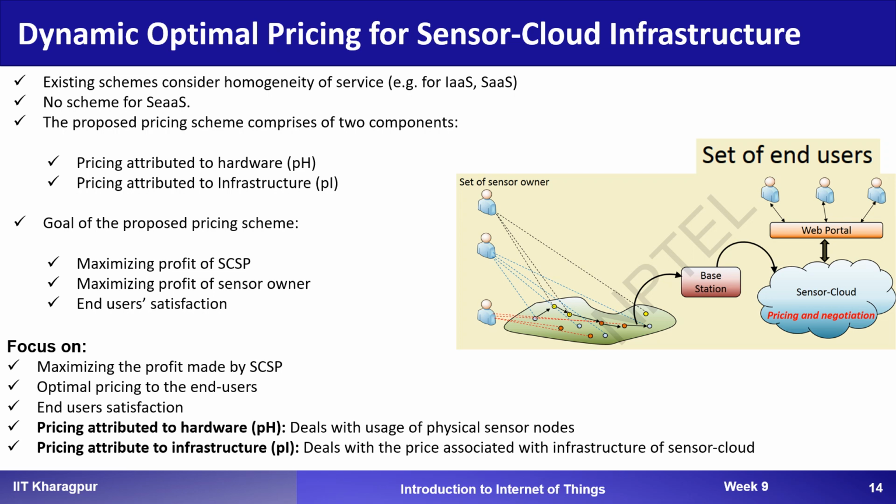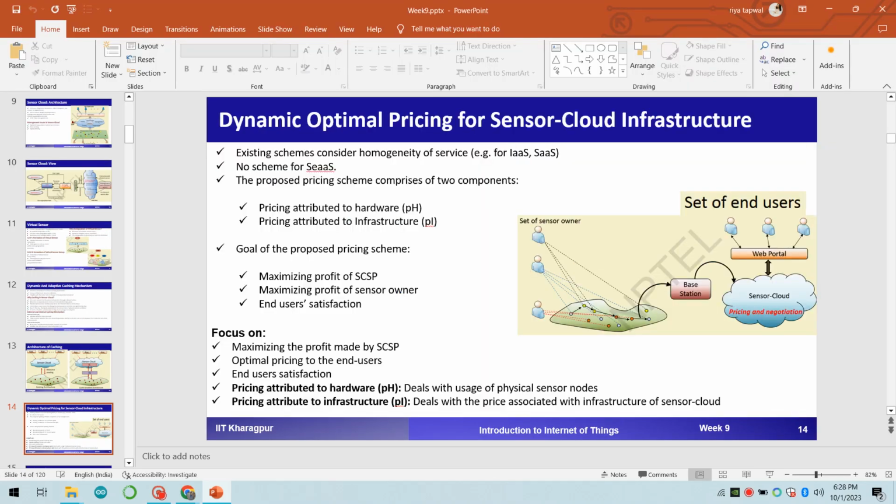The first one is pricing attribute to hardware, and the second one is pricing attribute to infrastructure. So pricing attribute to hardware is PH and pricing attribute to infrastructure is PI. The goal of this proposed pricing scheme is to maximize the profit of your SCSP, that is your sensor cloud service provider, maximizing the profit of the sensor owner, and